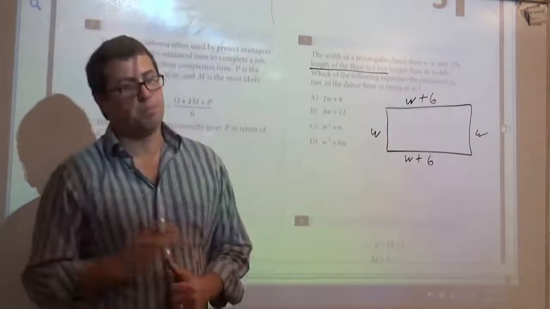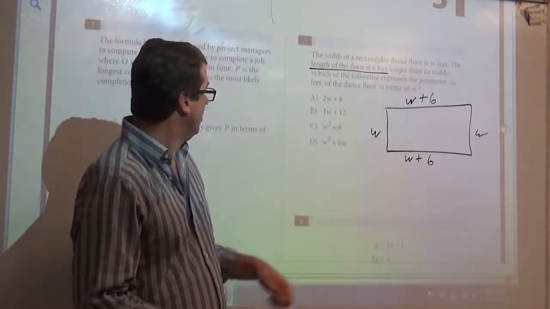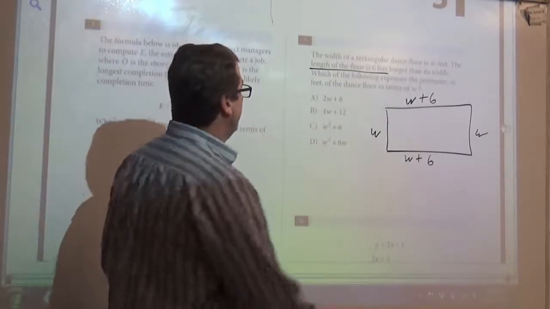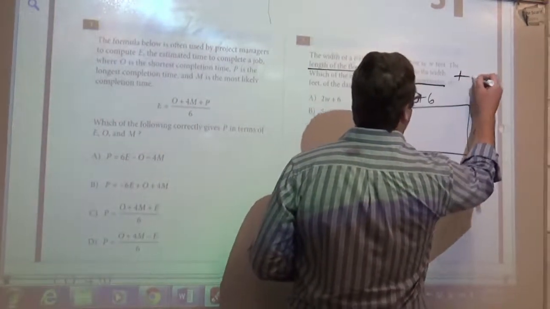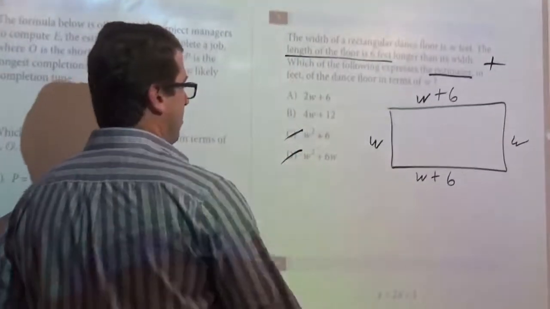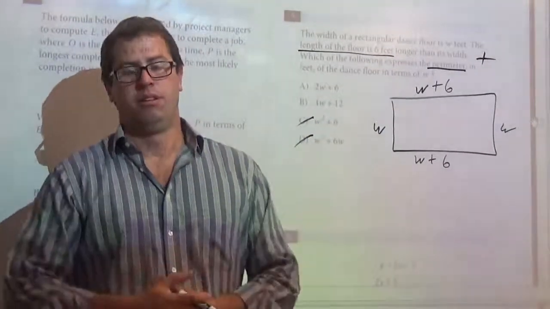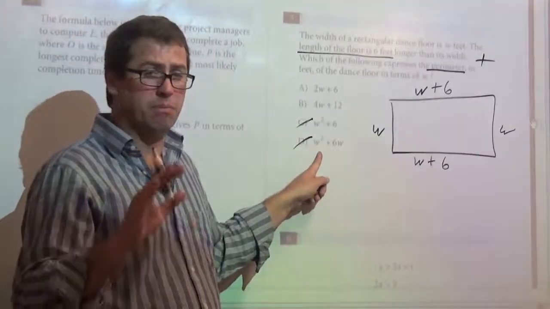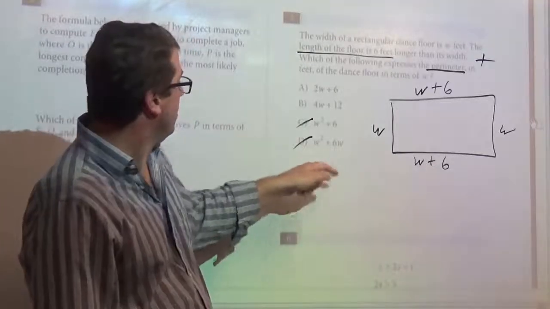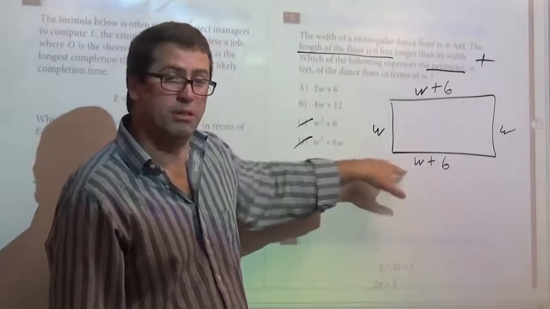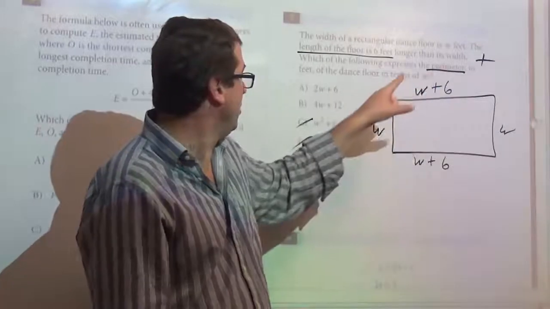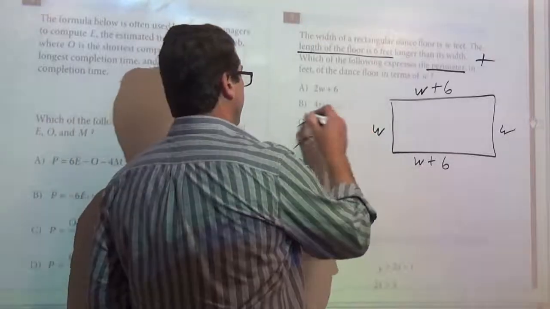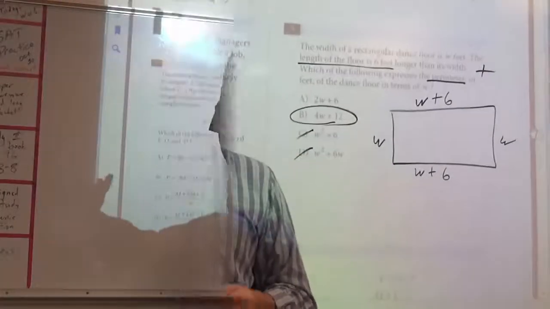Now that you've drawn it, it's pretty easy to answer this. I don't have any W squareds going on here. Perimeter means I'm adding. If I was doing area, I would be multiplying, and then I would have squares. A lot of their answer choices come from making common mistakes. So now that we've drawn it out, we've got 2 lengths and 2 widths, and if I add up all my W's, I have 4 W's. If I add up the 6's, I've got 12. Continuing in the next video,